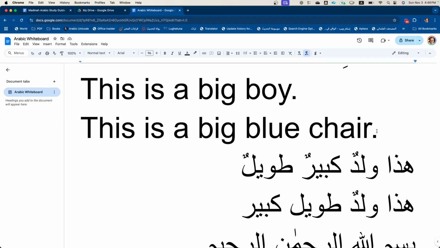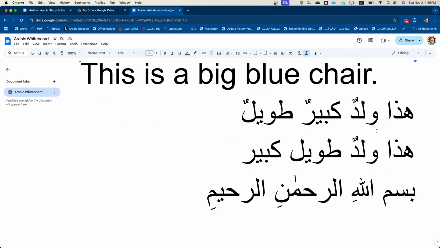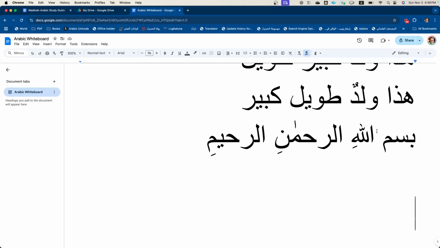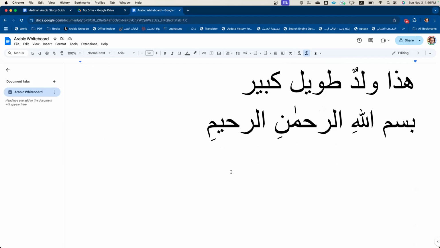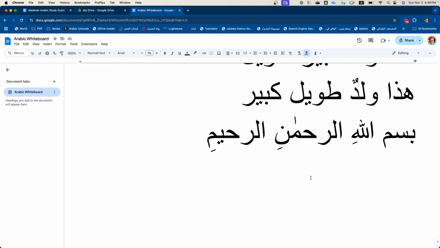Make sense? So we're still in adjective land, but it's a different kind of adjective. It's called Ism al-Mawsul, but it doesn't matter what it's called. The name is not important. This is when we use the concept alladhi. Alladhi. So I can say هذا waladun. This is a boy, but I want to say this is a boy who